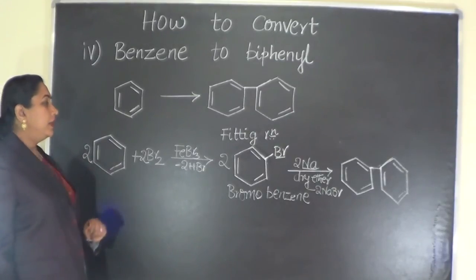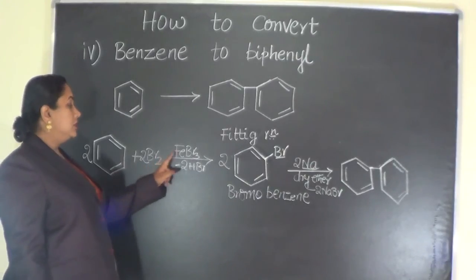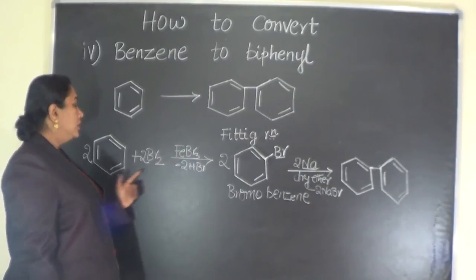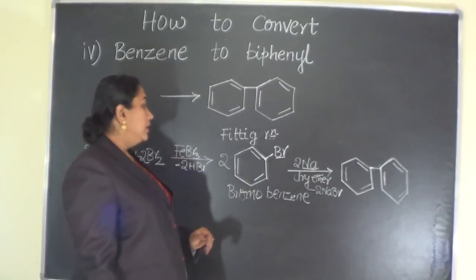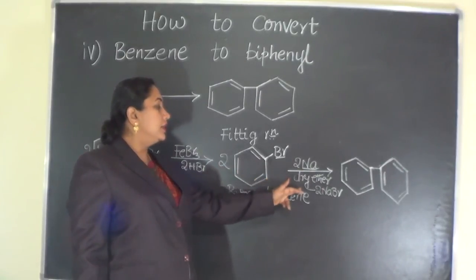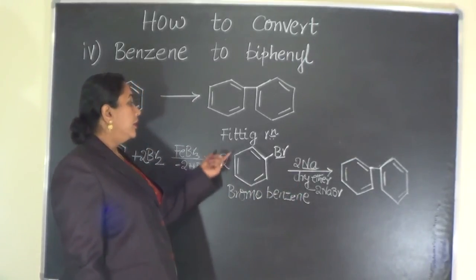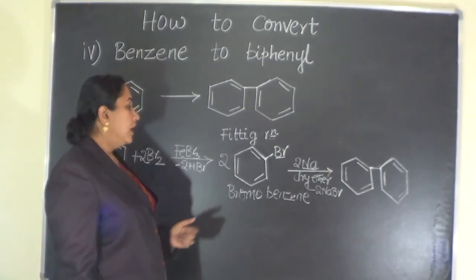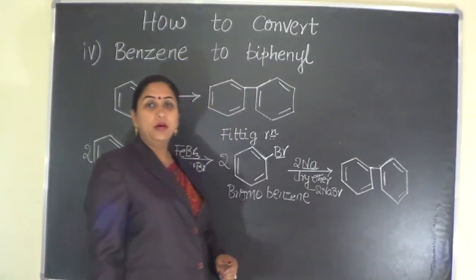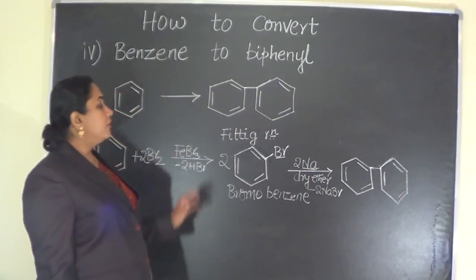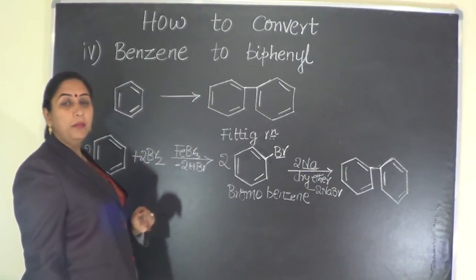Let me just go through a quick repetition. Benzene is subjected to bromination in presence of a halogen carrier. So two molecules of benzene get converted into two molecules of bromobenzene. This bromobenzene is subjected to treatment with metallic sodium in presence of dry ether. The process is called Fittig reaction, and we will end up in the formation of biphenyl along with two molecules of NaBr. So therefore, in 2 steps itself, we'll be able to convert benzene to biphenyl.